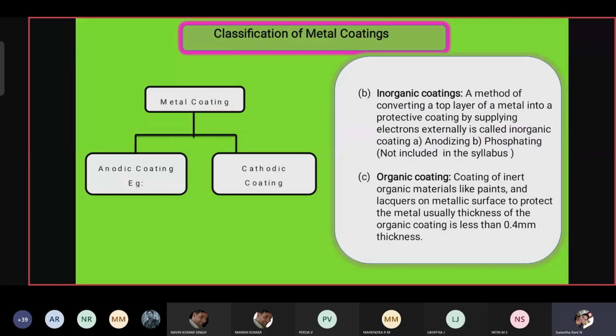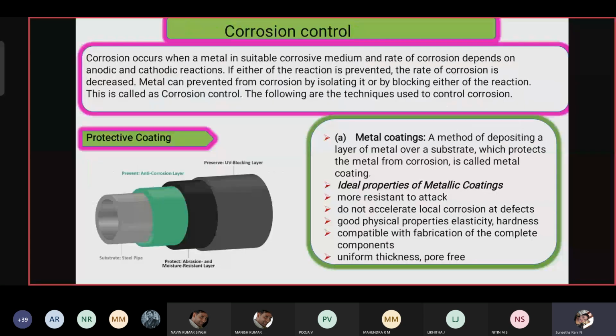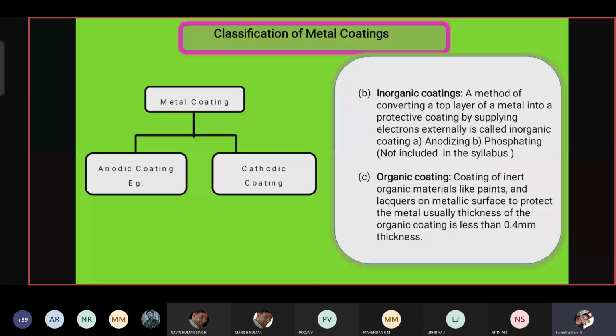So how are the metal coatings classified? Metal coatings are classified into two different types: one is inorganic coatings and the other is organic coatings, which are also called anodic coating and cathodic coating. A method of converting a top layer of metal into a protective coating by supplying electrons externally is called inorganic coating. Organic coatings are made by coating an inert metallic surface to protect the metal,